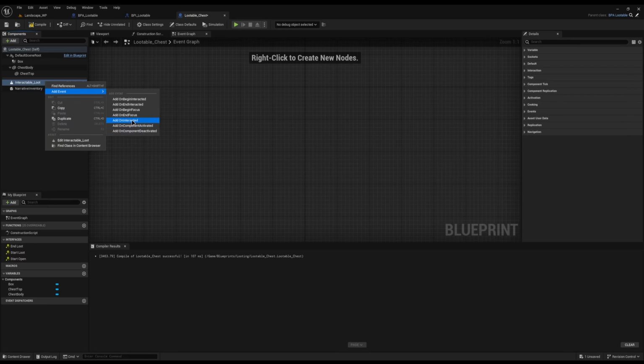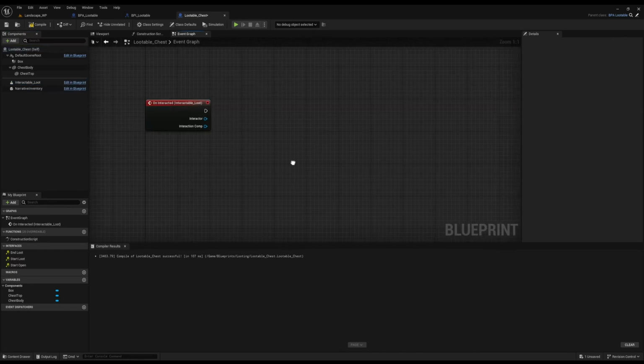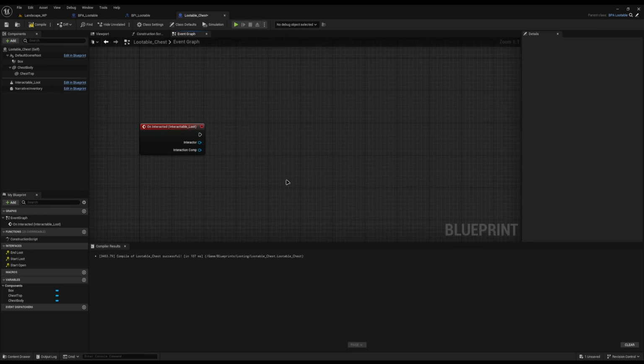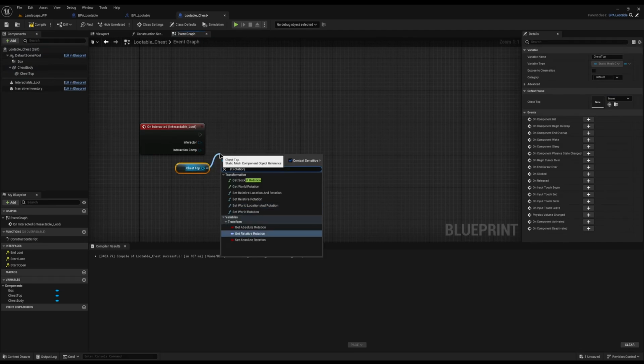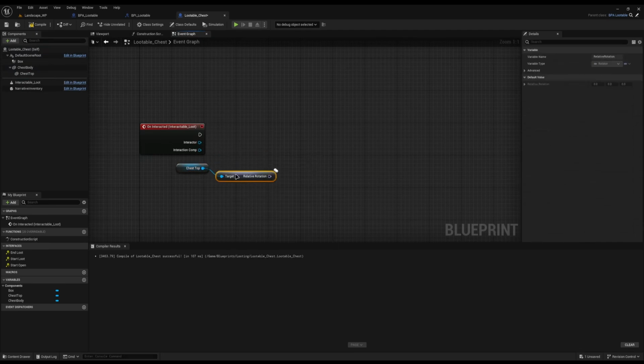So at this point, it's gone past can they interact with it, so it's not locked or anything like that. It can definitely be unlocked, so we're going to click on interact here. So on here, this is where I'm going to tell my chest to actually open up and play the sound. So what I'm going to do is I'm just going to drag in the chest top here, and I'm going to drag off, and I'm going to do get relative rotation, and then this relative rotation, I'm just going to